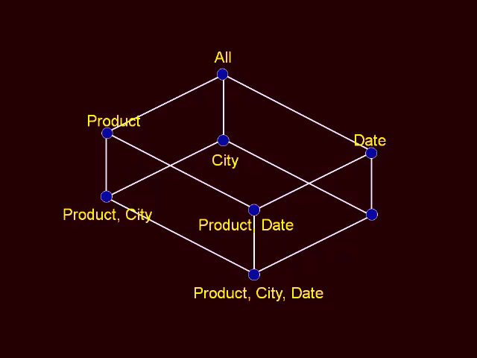So this is one kind of cuboid. This is called one cuboid. What is this cuboid? It is a two-dimensional cuboid. Whereas this one is a three-dimensional cuboid. Whereas this one is an apex cuboid, a zero-dimensional cuboid. We call this the base cuboid. All these aggregations are computed from this. Similarly, we can do the two-dimensional computations by taking the product city combination, product date combination, and city date combination.